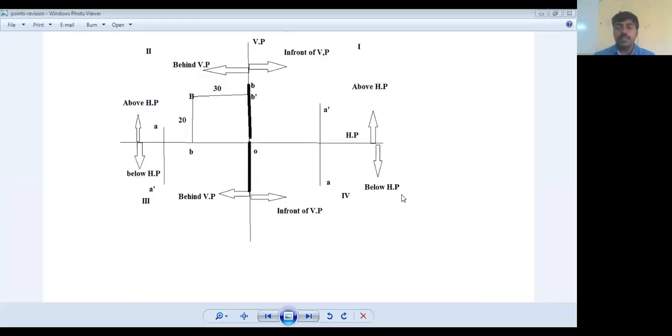See now, in the last session I was discussing these particular things. First, everybody please remember these things. We are going to divide the total space into four parts: first quadrant, second, third, and fourth quadrants, where the first quadrant is showing you now above HP and in